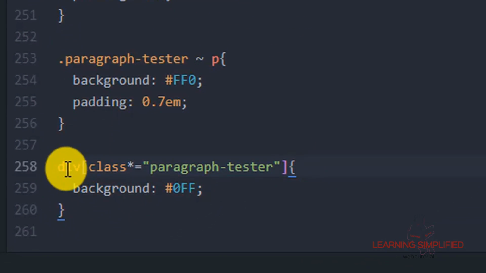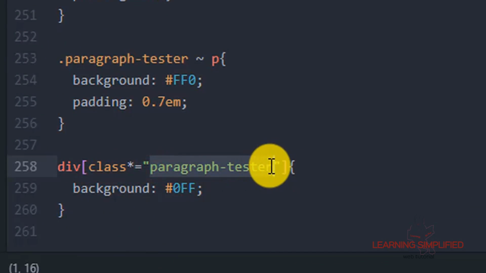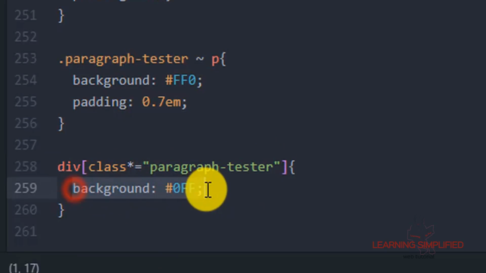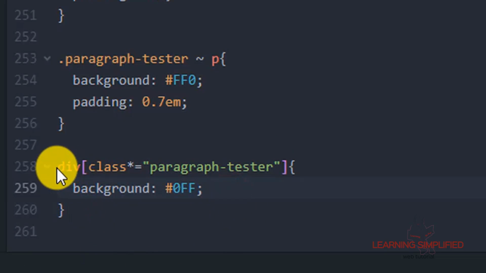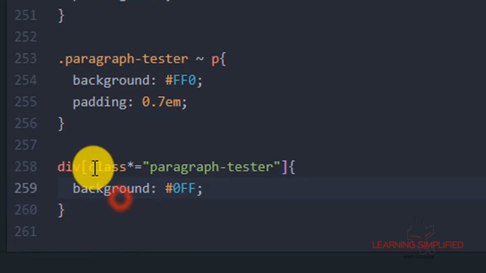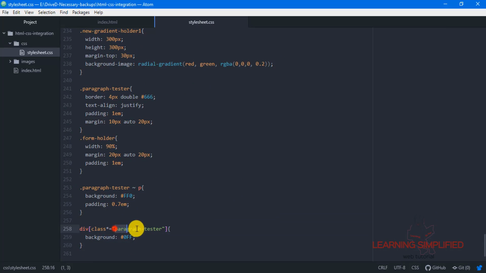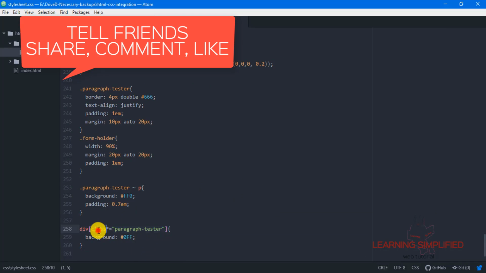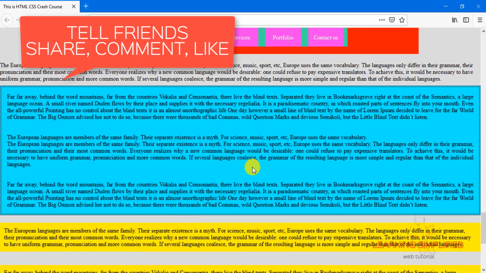We have defined here that any div which has a class of paragraph tester will have a background color of blue. We are specifying this with this particular attribute of paragraph tester here. So anything that matches this paragraph tester class will have a background color of blue. This is what is being observed here currently.